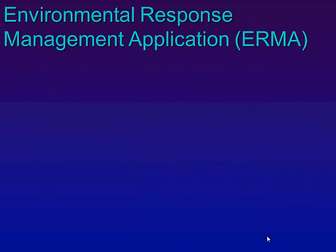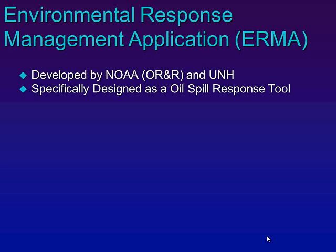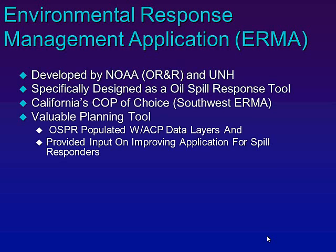So IRMA, as I mentioned, is the COP of choice for California, developed by NOAA, OR&R, and the University of New Hampshire. That's where the programmers live. It was specifically designed as an OSPR response tool. There's a lot of vendors out there that are selling all-event COPs. This one, IRMA, is specifically for oil spills. It doesn't mean it can't be used for other things, but it was designed with oil spills in mind. We've also determined that it's an excellent planning tool